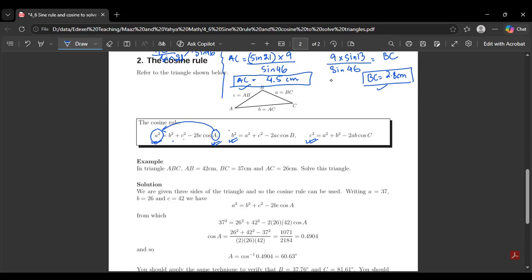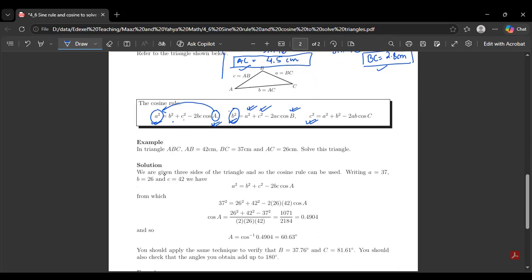Maybe you are given the angle B, you are given side A, you are given C, but you do not have the side B. So you can easily apply the cosine rule by putting B squared on the left hand side, and then you just substitute the values, whatever values we know in the question, right? The same concept goes on with c squared equals a squared plus b squared minus 2ab cos